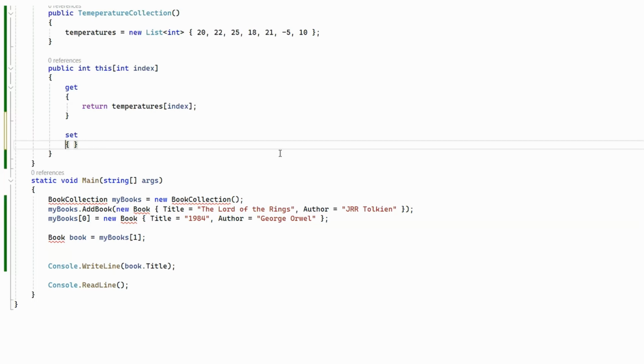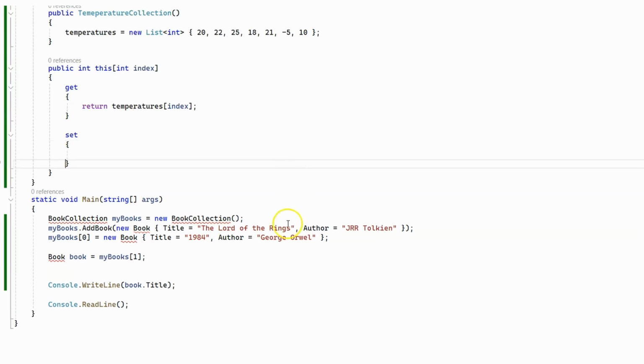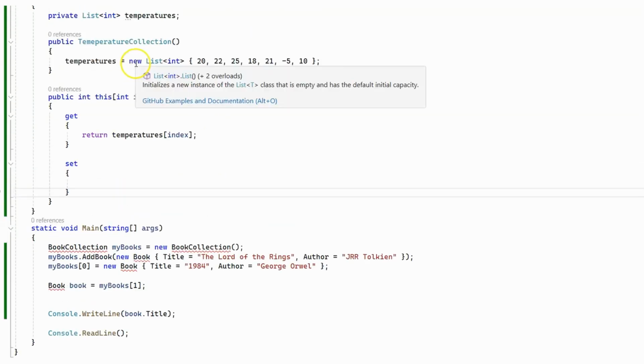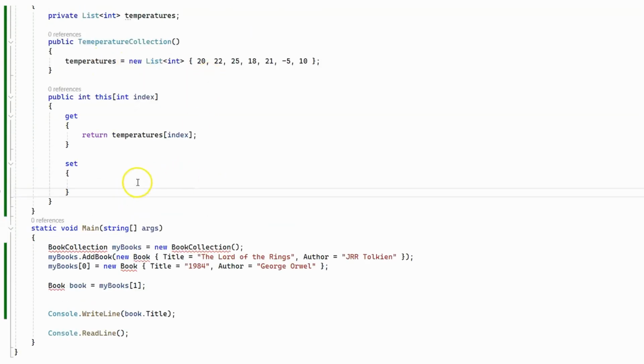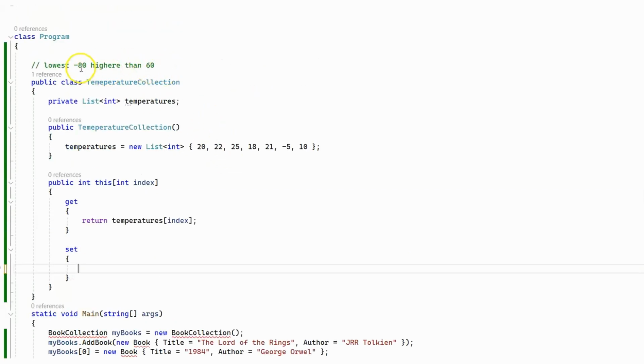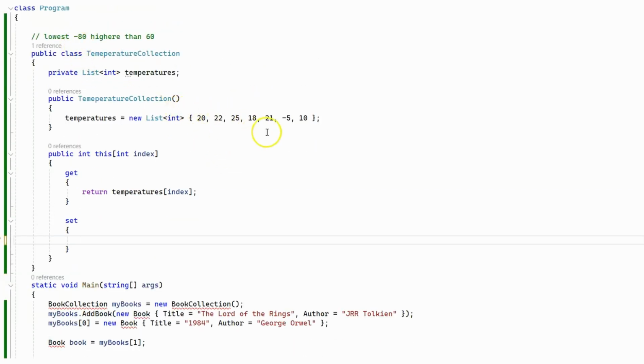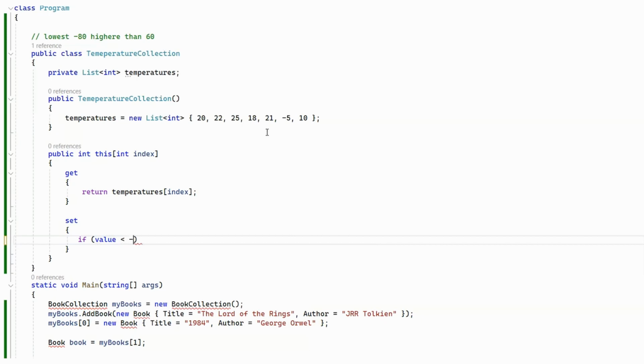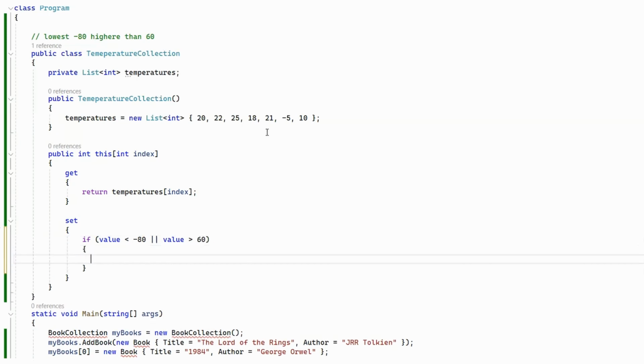Again, we're going to check if the index is actually within the bounds of our collection, but we're also going to check if the value is greater than 60 or smaller than minus 80. So let's do that first. Smaller than minus 80 or value is greater than 60. We're going to throw